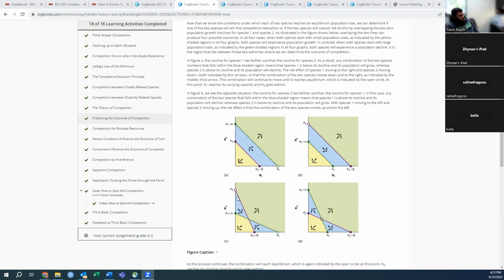Yeah, that makes a lot more sense. Okay, cool. So in this one, when we go to A, that's because the carrying capacity is greater. It's going to almost always tend that population 1 is going to win out. In part B, the carrying capacity of population 2 is bigger, so population 2 is always going to win out. And then in C, they have equal carrying capacities, so it depends on whose population either grows faster or declines